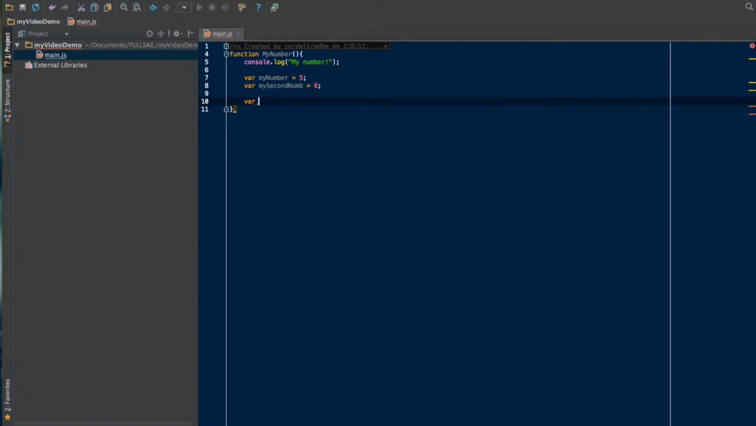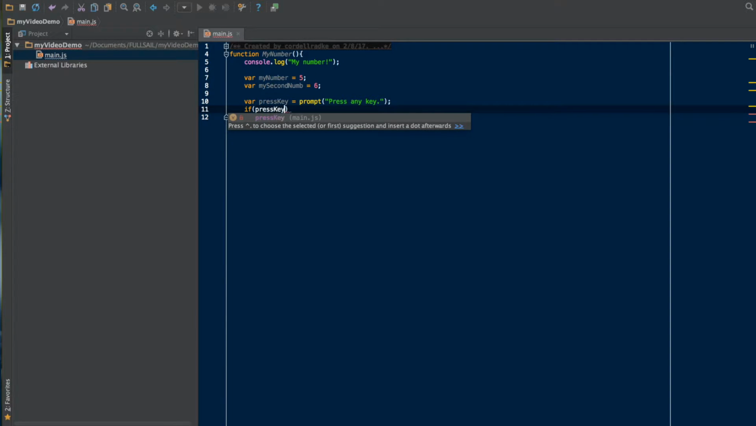So now I'm going to do var press key, and we're going to prompt the user to press any key. And this will show up in the browser, just so you're aware. And so right now we're going to do an if statement. So if press key, variable press key, is not equal to null, which is nothing,